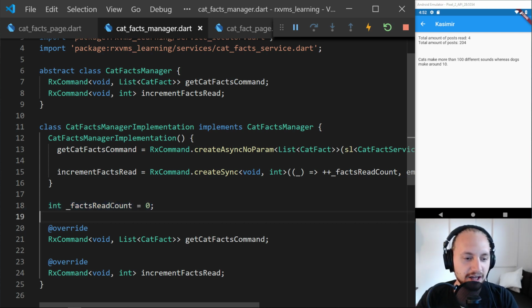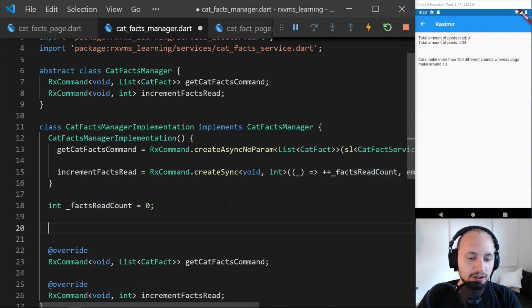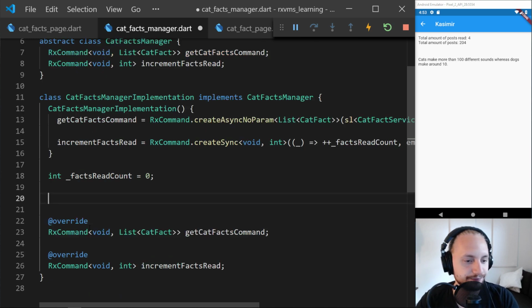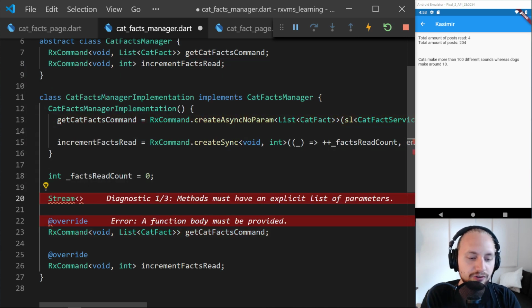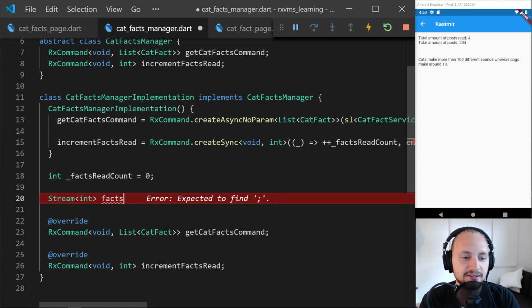So for example, we had this facts read count, and we want to have some observables for the other ones. I'm just going to create the ones as an example. So for example, we want this read count to be a stream. So let's define a stream of integer, which is facts read count as string,